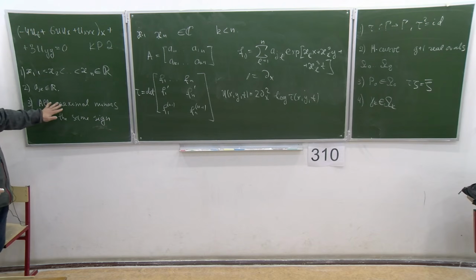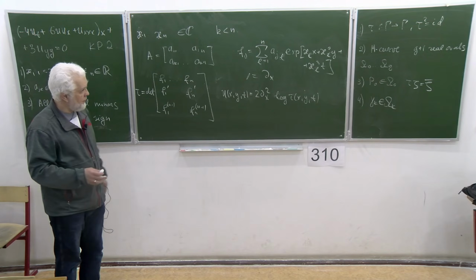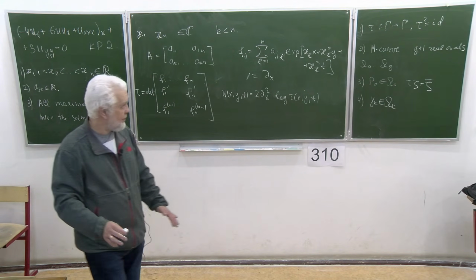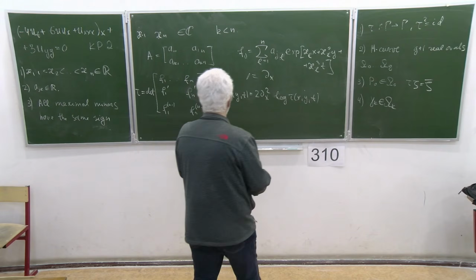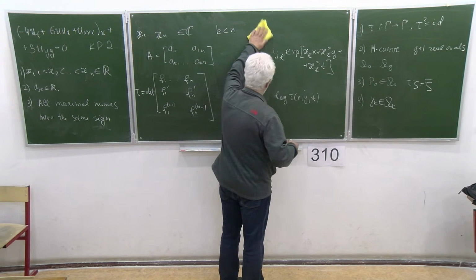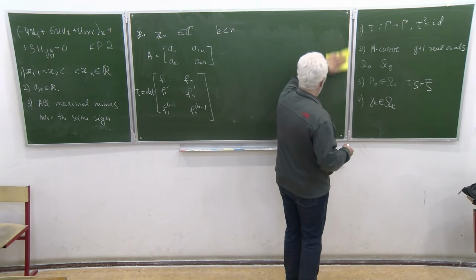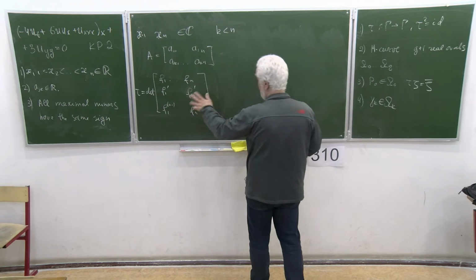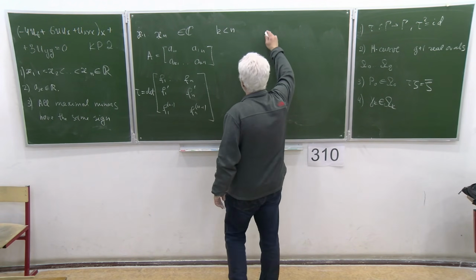Okay, we may assume that they are positive because you can multiply one row by minus 1. So the maximal minor means that we consider